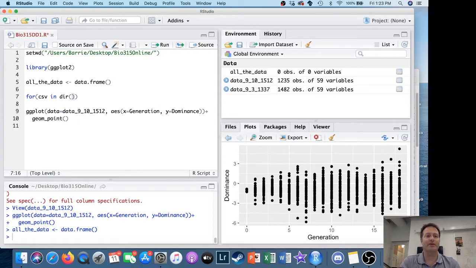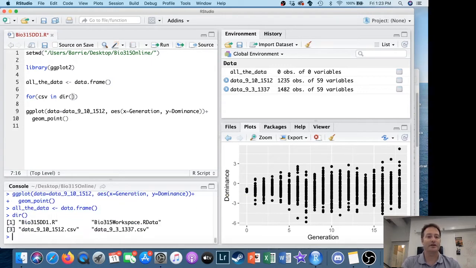It's the directory command. And in fact, if I go down here and I just type this, it shows you these are the 4 things that are in our working directory right now. I saved a workspace, so don't worry about that. This is the name of our script,